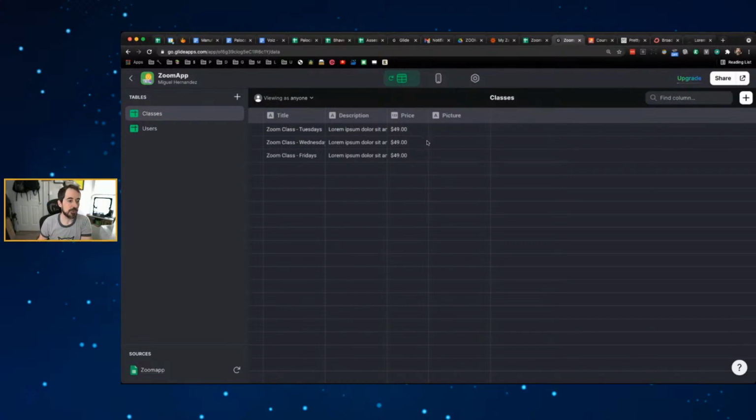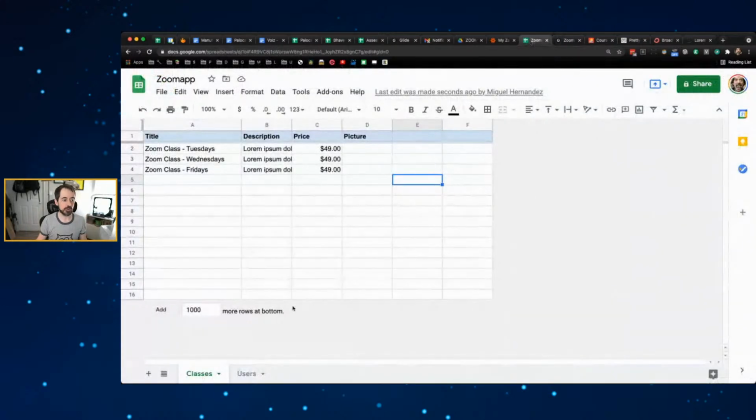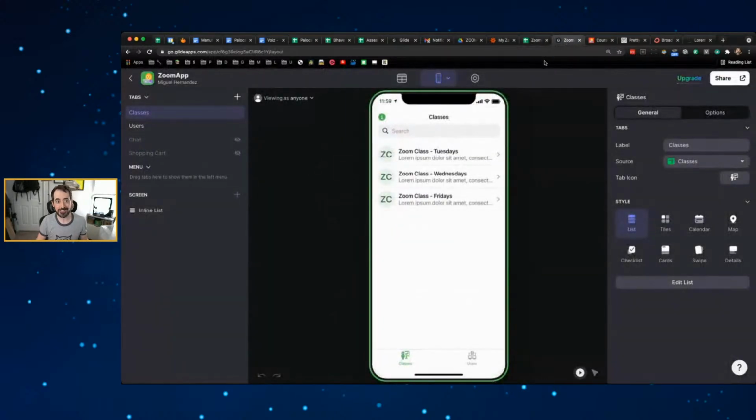So there we go. Again, just a little recap. I know there's many different steps, but what we've done is we created first the spreadsheet. We created two tables, one for the Zoom classes, one for users and students. We created an admin user. That user is going to be administrating the app, and all the other users would be test users or students. Then we connected that spreadsheet with Glide. It automatically created an app within seconds. And the next step I was going to do is to create a user profile